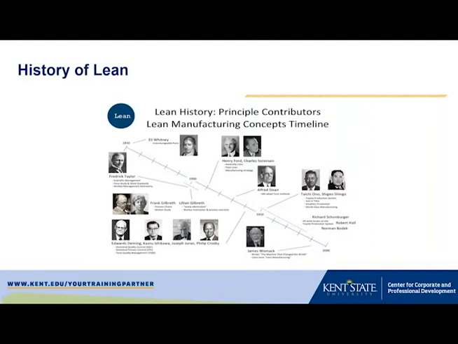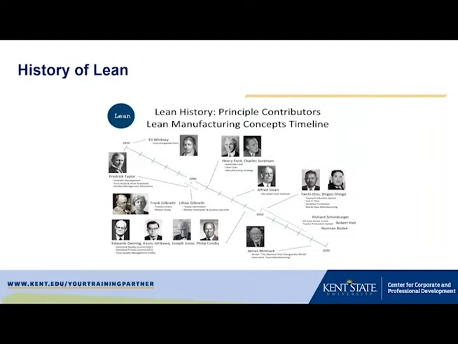Some of the people from Japan that listened to Deming's teachings and recognized their value and took those ideas and extended them and added their own were Taiichi Ohno and Shigeo Shingo. And those are the two gentlemen that are really referred to quite often. They worked for Toyota, and we'll talk about the 4 lean rules, which are really this idea of the Toyota production system, or TPS.